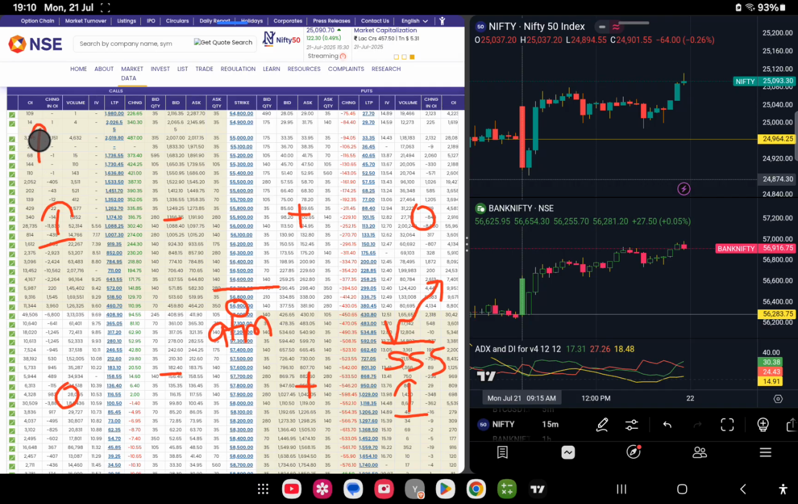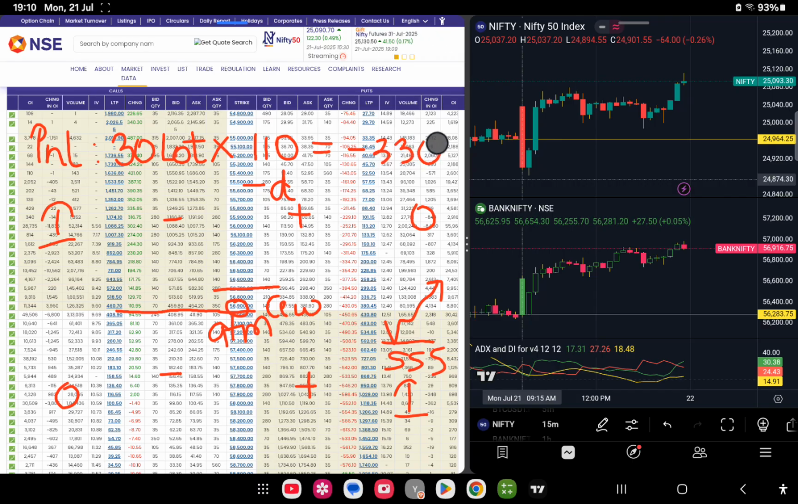Now let's do a PNL calculation. 30 is the lot size, 1 lot times any decay we can take. So I'm going to show you the negative decay here. Let me take the 56,900 call writing. 110 was the negative decay. So the result is 3,300 loss